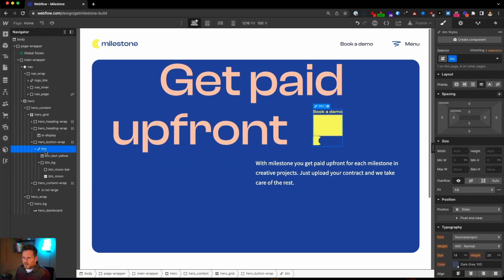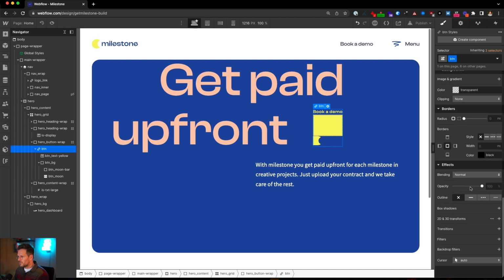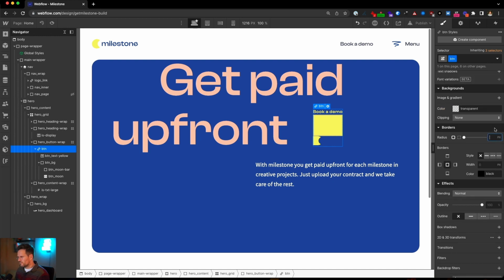Yeah, next thing is that I'm going to go to this button. We can leave it on display block, but because it will preserve the width of the button, and so it doesn't get stretched to the 100% of the container or stuff like this, we will leave it on display inline block. That's fine. But we will give it position relative. And for the border radius, we will need overflow hidden and of course the radius itself. Let's try 50 pixels. Woohoo, looks fine so far.